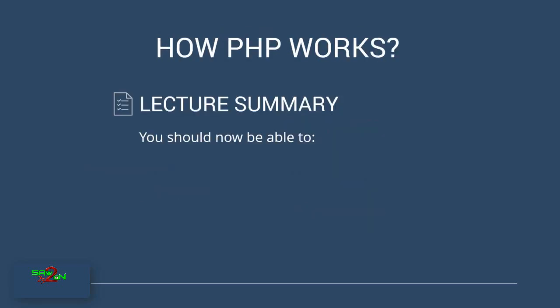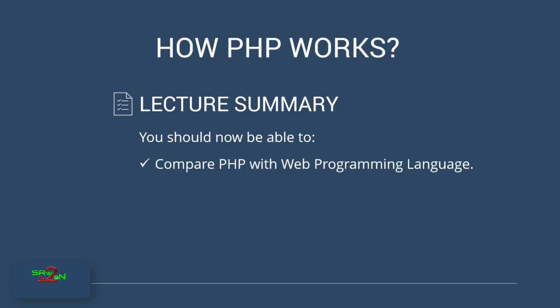To summarize, by now you should be able to compare PHP with other web programming languages, and make sure you're able to explain why PHP is better. PHP is a neutral language. You can always say that. It doesn't add any complexity and it doesn't do anything apart from being a web programming language. That's an easy win because it's focused more on doing web applications, and it has all the characteristics that we have discussed, and it's actually easy to start with and can be used to write many complex programs as well.